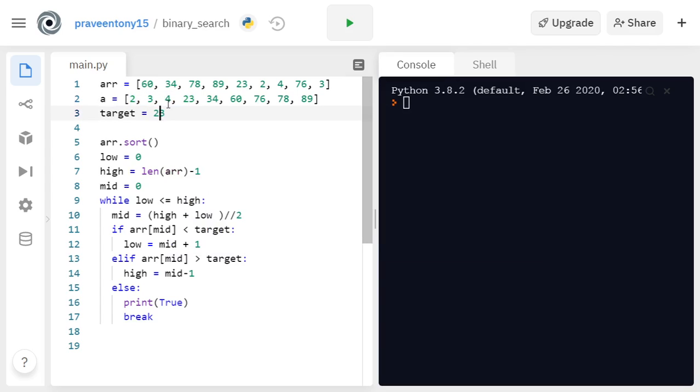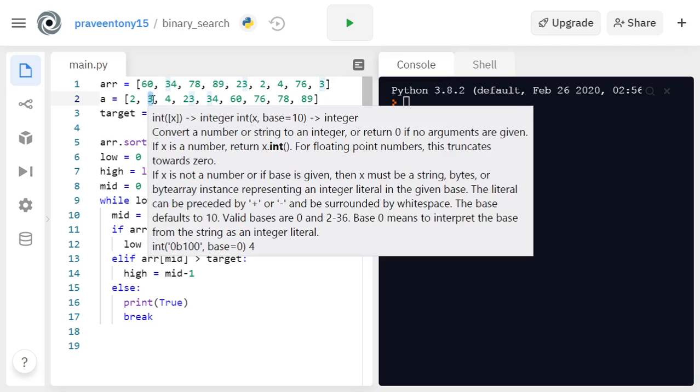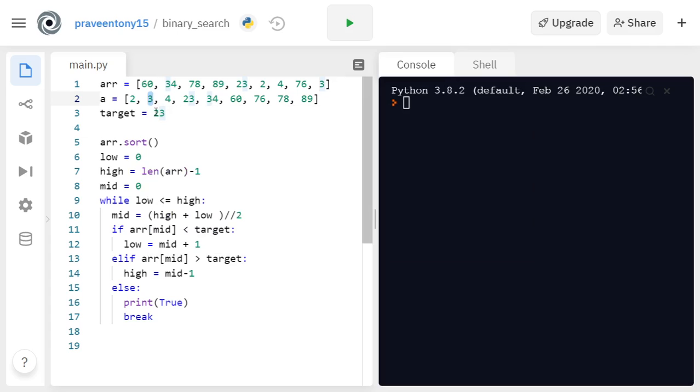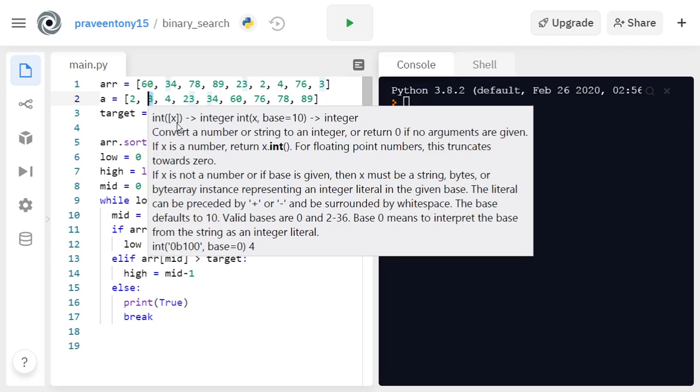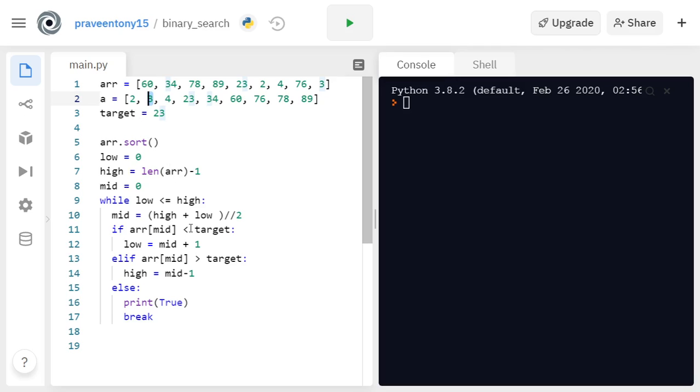In this, the middle numbers are 3 and 4. We take the left part, which is 3, and check whether 3 is equal to, less than, or greater than 23. 3 is less than 23, so we switch low to mid + 1, and we check these two numbers.